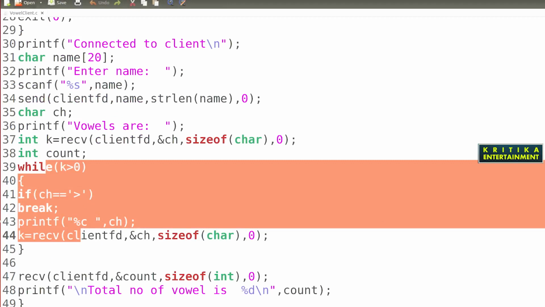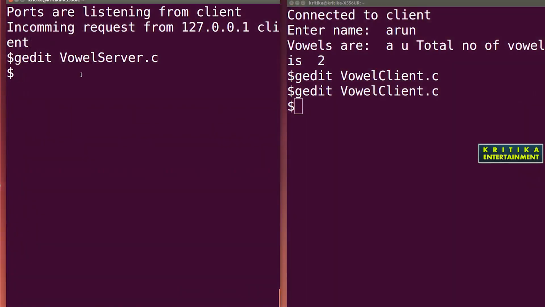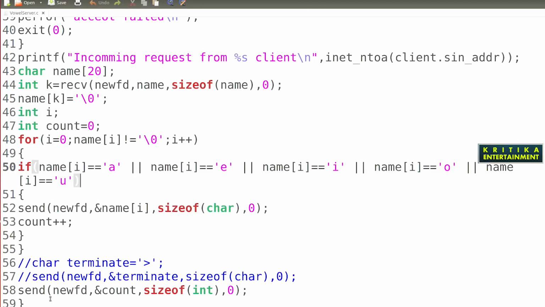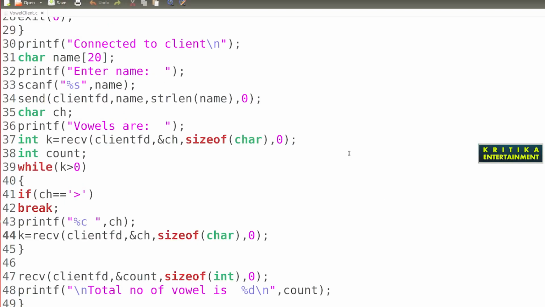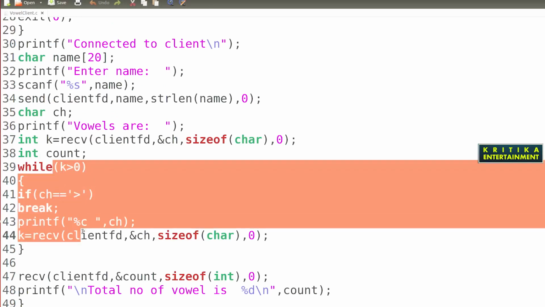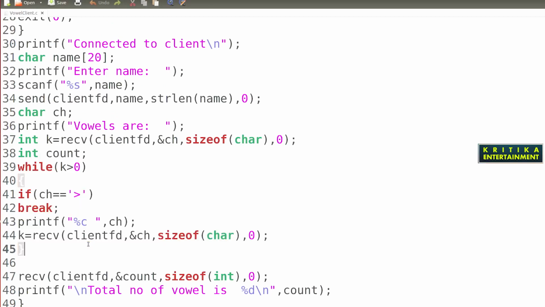But when you are using this send function for the total number of vowels, this loop will be treated on the client side as a vowel.